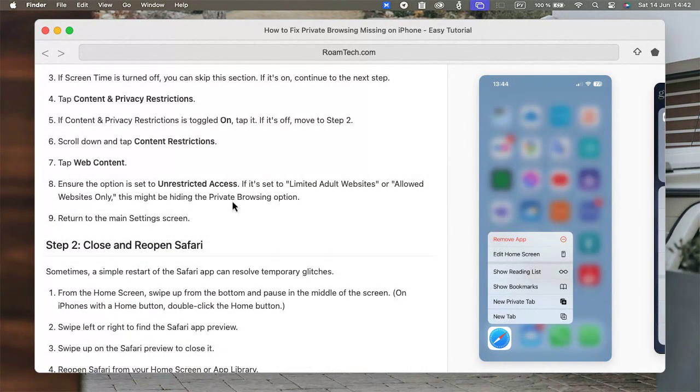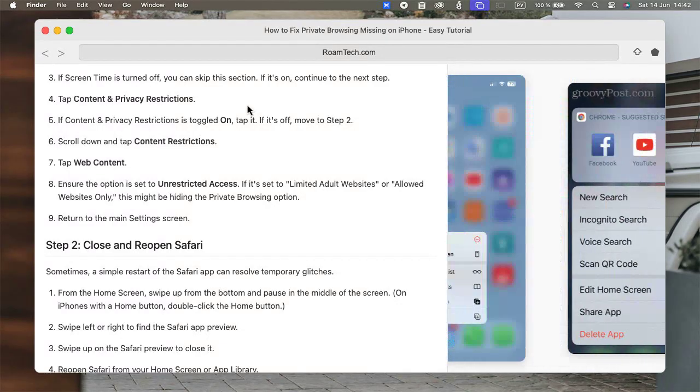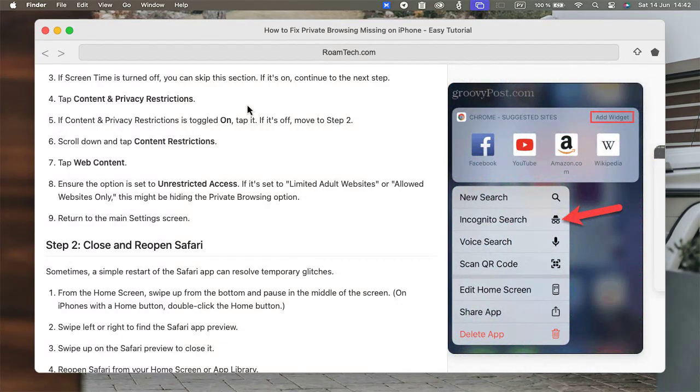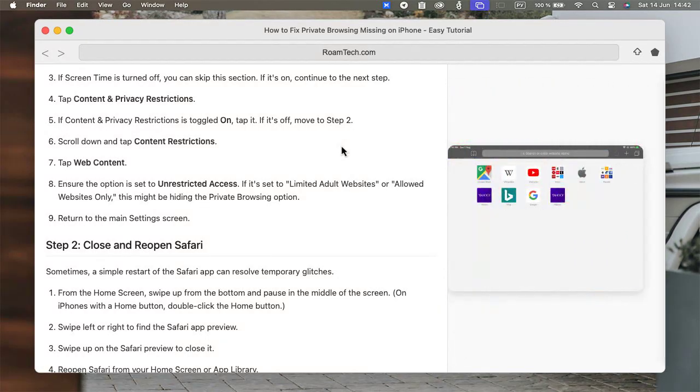Today we will be discussing how to fix a frustrating issue, private browsing not showing up on your iPhone. It can be annoying when you need that extra bit of privacy and the option is just gone. Don't worry, it's a common problem and usually has a simple fix. We're going to walk you through a few easy solutions to get private browsing back up and running in Safari